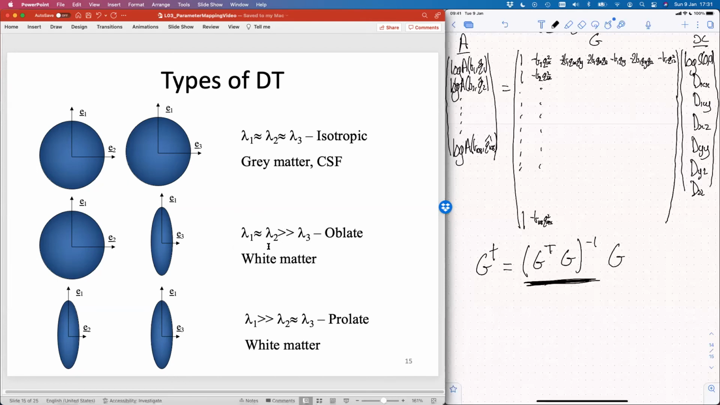But there's a third canonical shape, which is oblate, and that's when we have 2 large eigenvalues and 1 small one, so that the ellipsoidal contours become kind of pancake or frisbee shaped. And I've labeled that white matter as well here. So how can that arise in white matter? Well, if you think about it,